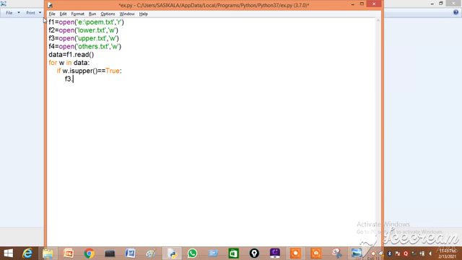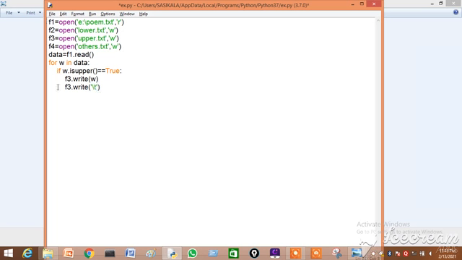F3 dot write. What it has to write? W, that is each and every character. Then after writing it has to leave one tab: F3 dot write of tab, one tab it has to leave.